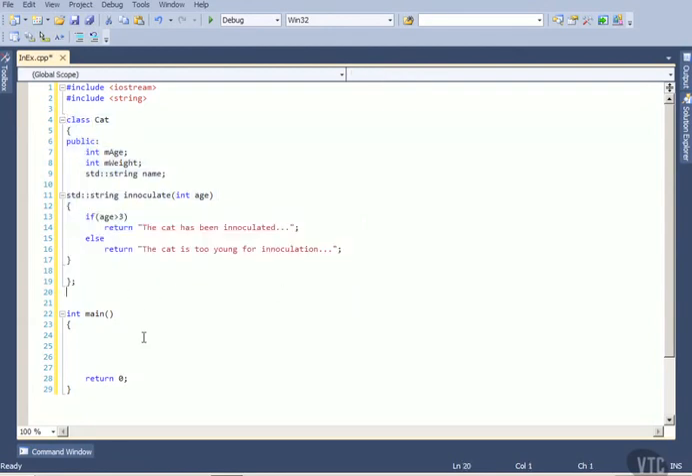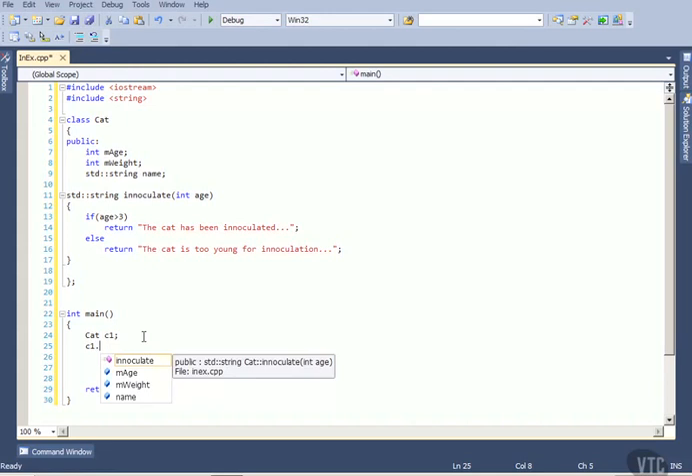Now, if I want to use that class, not a big deal. I can simply create an object called C1 of type cat, right? And then I can set the cat's